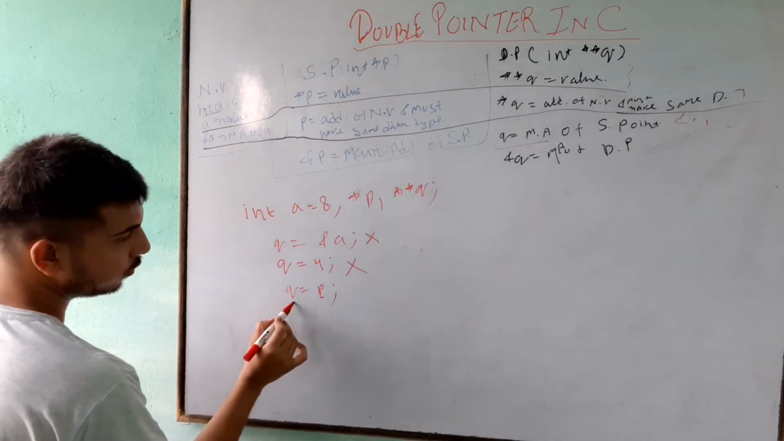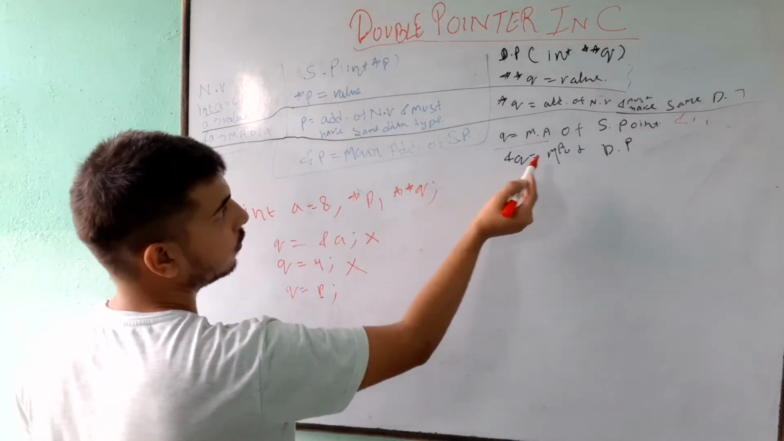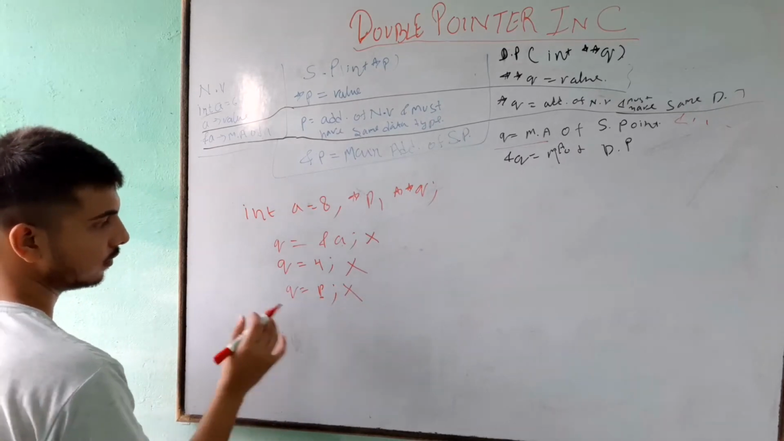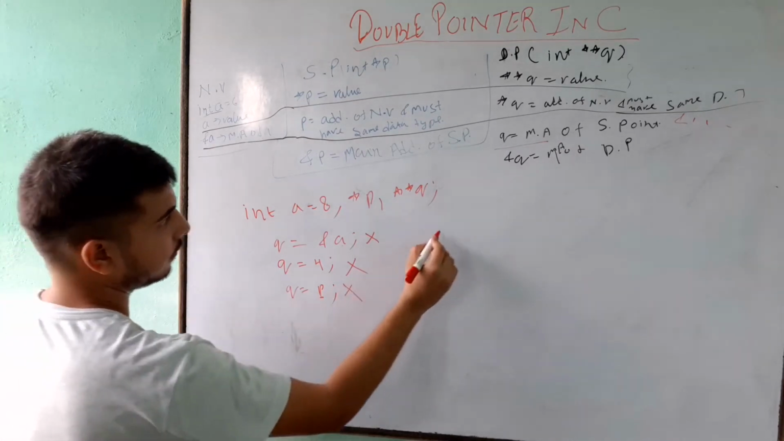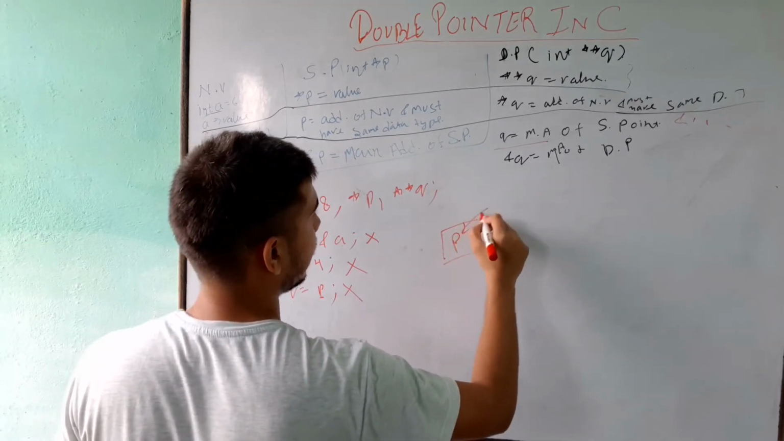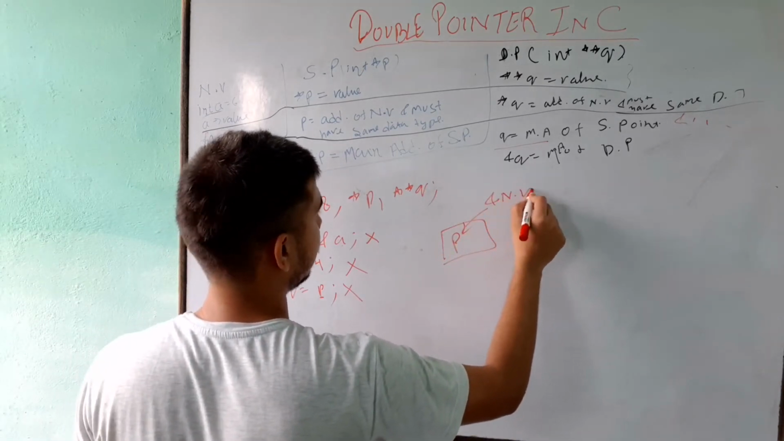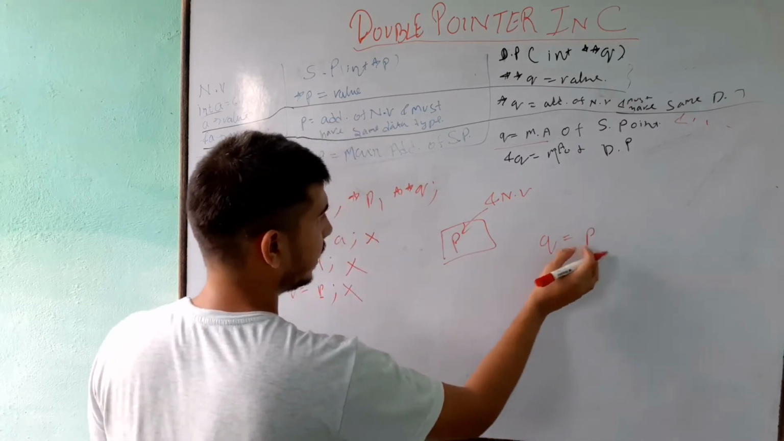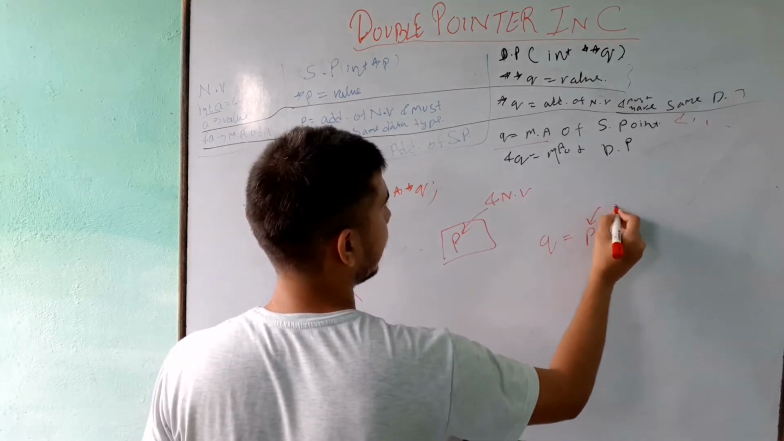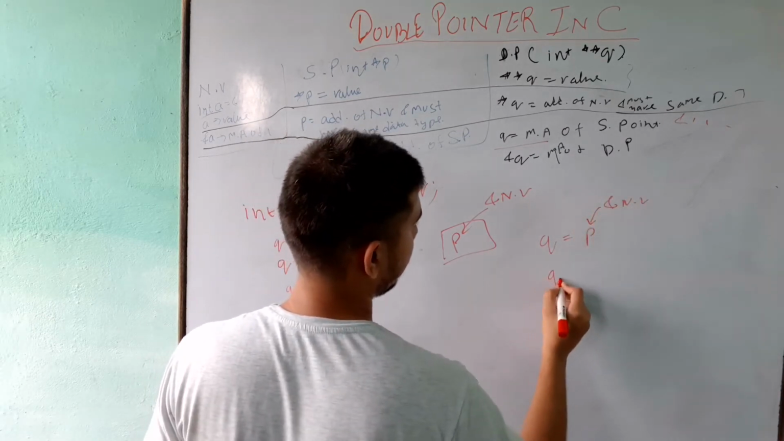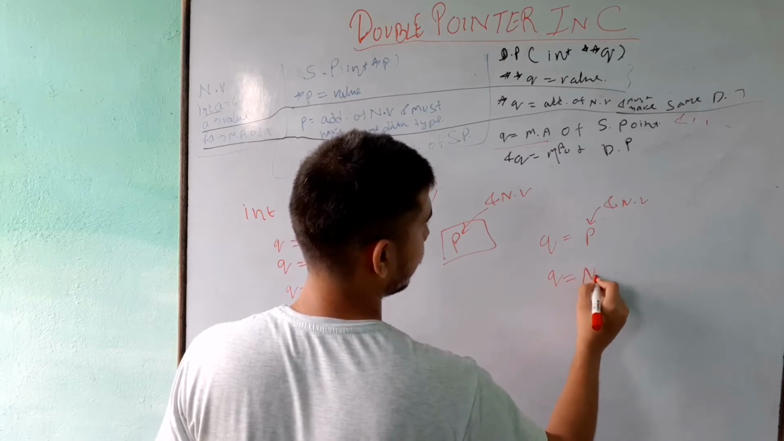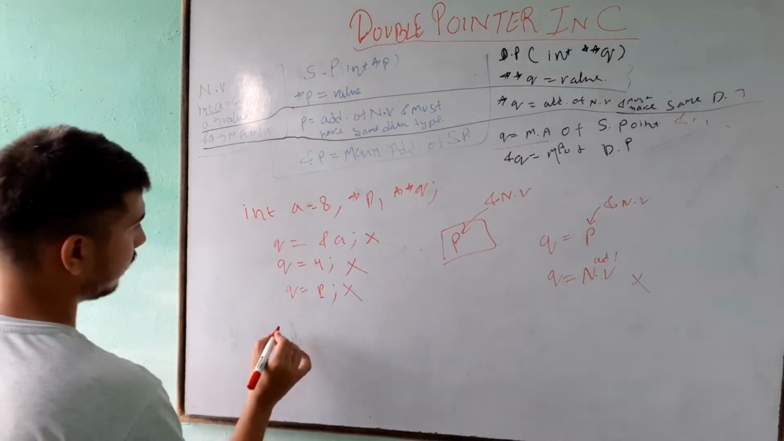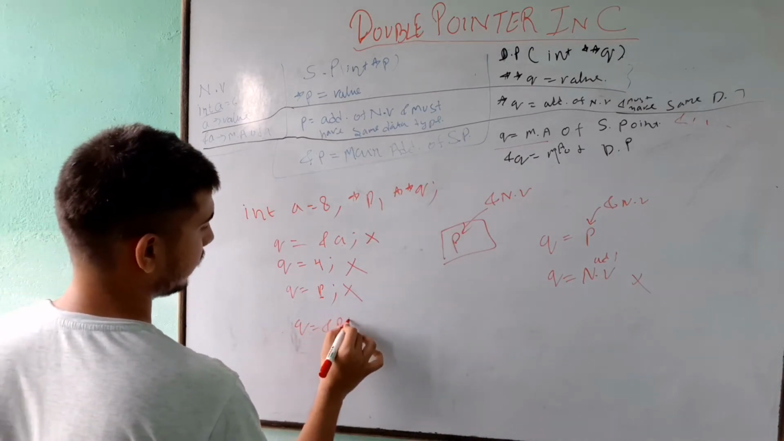So can Q hold the address of a normal variable? No, Q cannot hold the address of a normal variable, so this will also give me an error. You know, P will hold the address of a normal variable. So what I am trying to do is assigning P to Q. Now P is holding the address of a normal variable, so can Q hold the address of a normal variable? No, it cannot hold. Now if I am writing Q is equal to &P, now it is holding